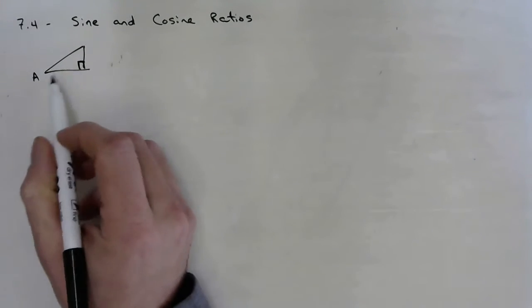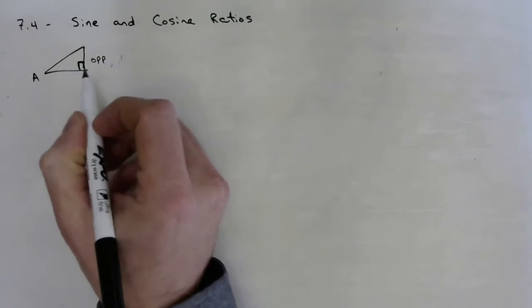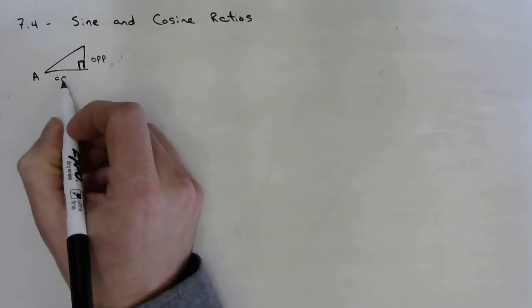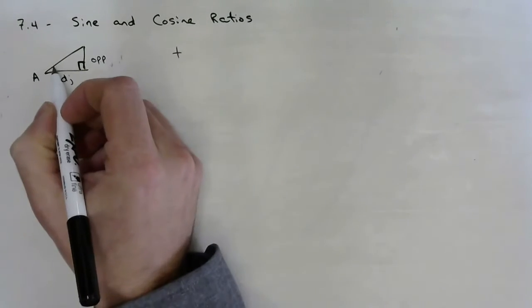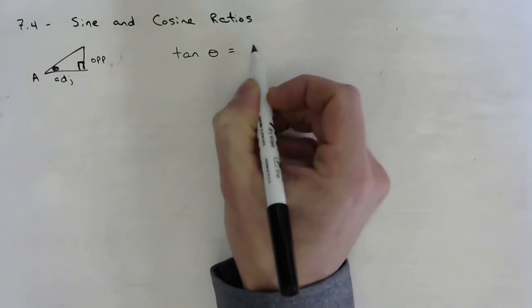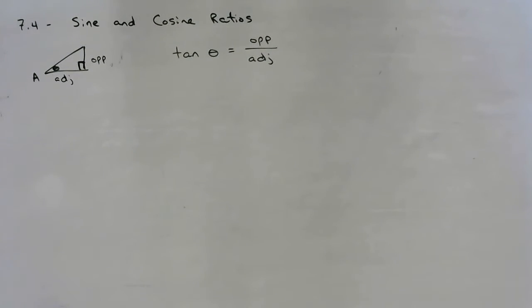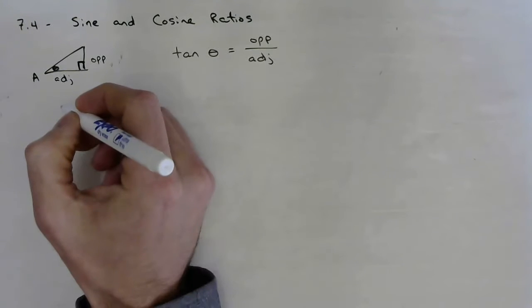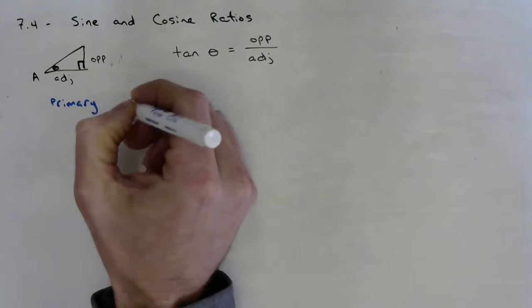So let's say we're looking from angle A in this triangle. In order to get the tangent ratio, I would take the ratio of opposite over adjacent, right? And we would read that like this, the tangent, and we can call this angle theta. The tangent of theta is equal to opposite over adjacent, okay? Well, it turns out that that is only one of the three primary trigonometric ratios, okay? So in that top little section there, you have a note that we're going to take on primary